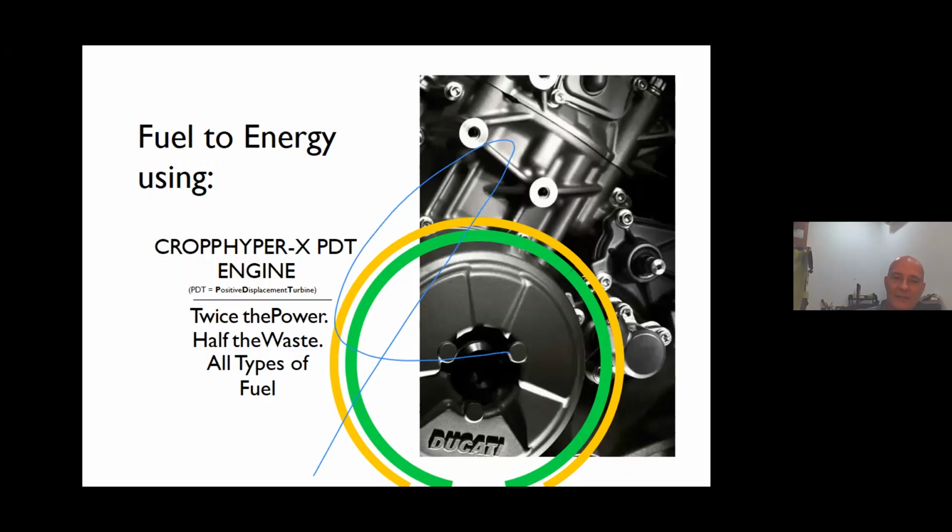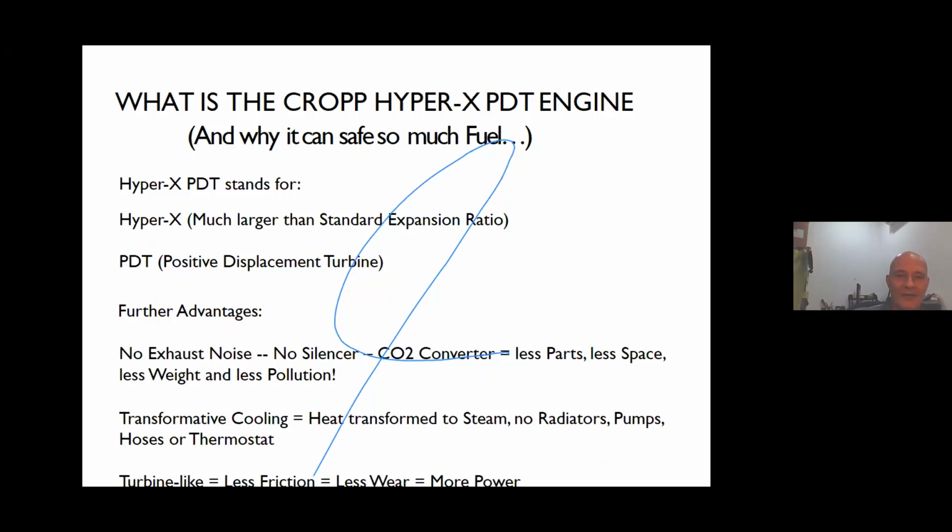It has basically twice the power at the same speed and produces half the waste. But in order to keep up with the new technologies, whereby Mr. Dudek already mentioned, there is not just petrol and diesel and gas, there is also ammonia and hydrogen and maybe acetic acid, as we have learned from another presentation today. This engine can take all types of fuel, which means you don't have to change anything in the engine. You press a button and it changes what fuel it takes. Now, the question is, how does that work? Okay, first I may explain. Hyper-X PDT stands for